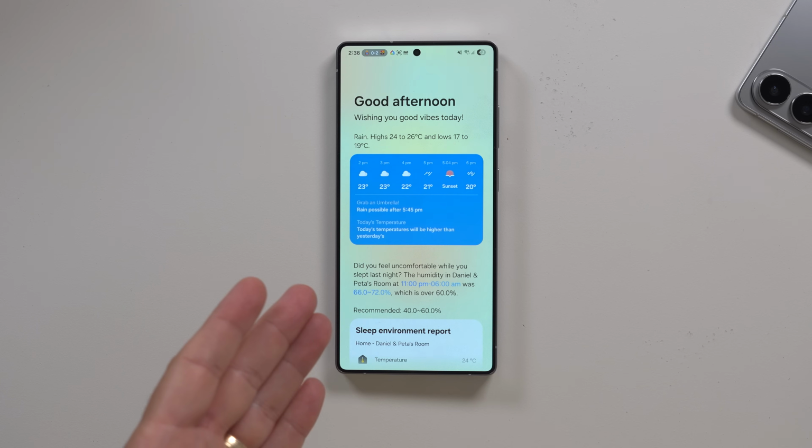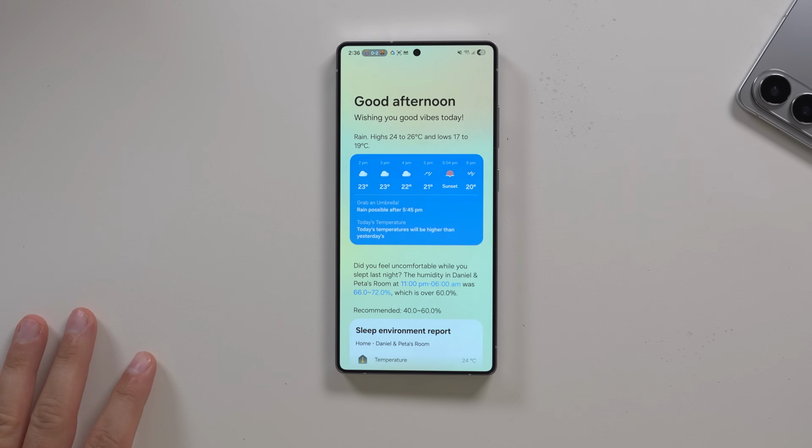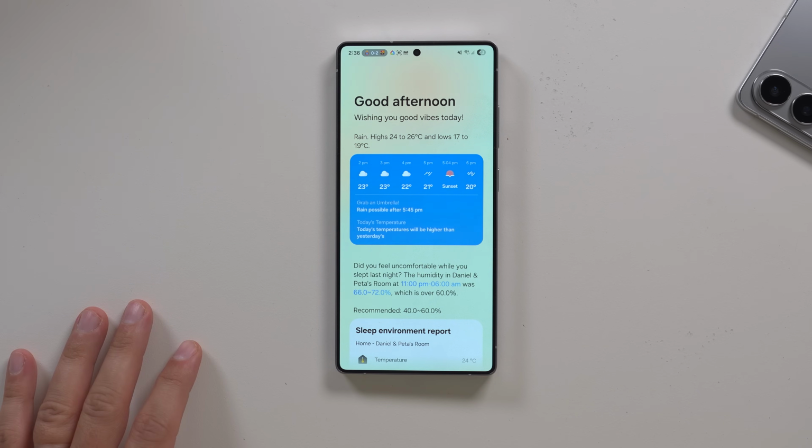So I'm not sure whether Samsung is still working on that and maybe it didn't work too well, or maybe it was an accident that it was in that build, but it's gone again. I'm not too sure whether it's coming back, but it was something that we saw in the last build. So that's where things are at as far as the Now Brief.